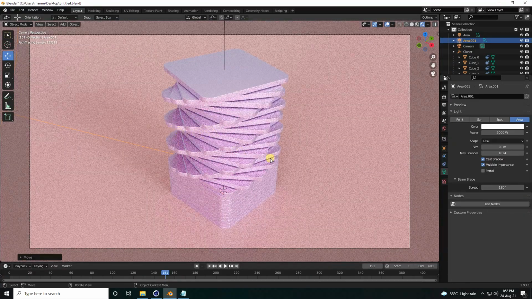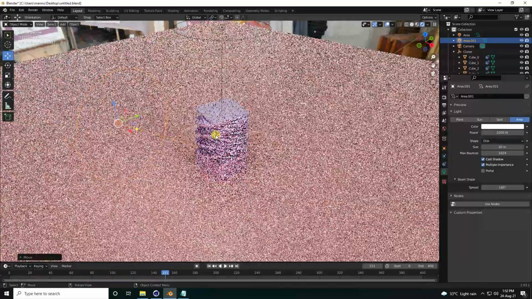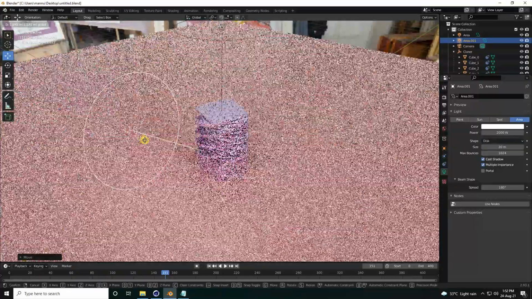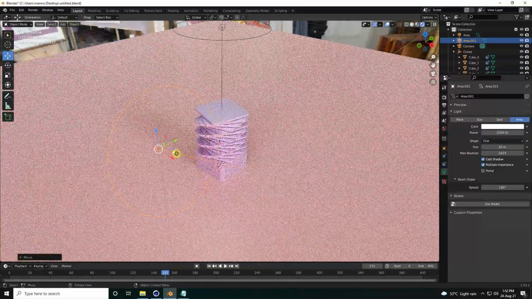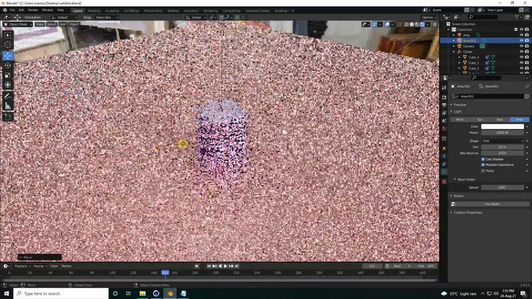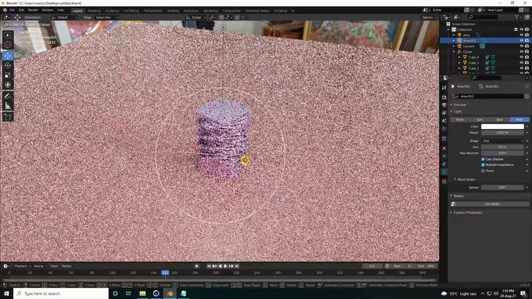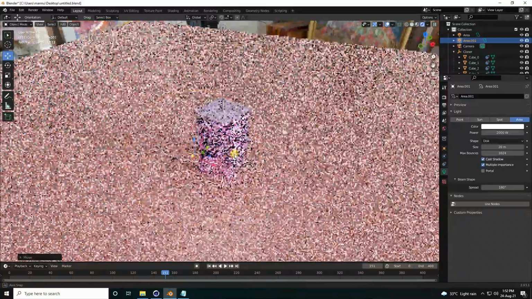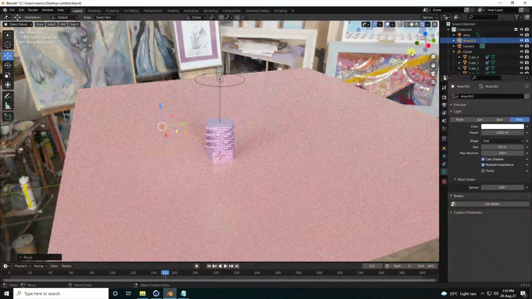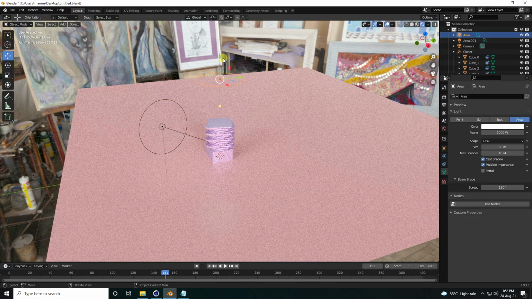Yeah, guys, I change also position like this, and go to back. So guys, select this first one light and little bit up.